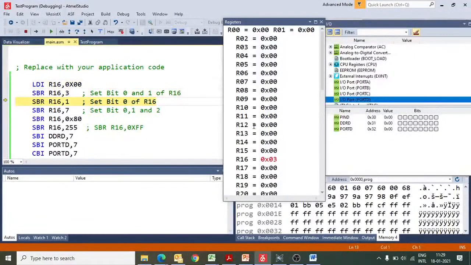I am running these instructions one by one. As you can see, SBR R16, 1 doesn't have any effect because that bit is already set. This is 7, and then after this, what you expect is 0x87.